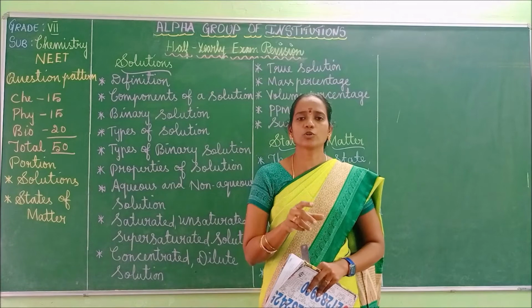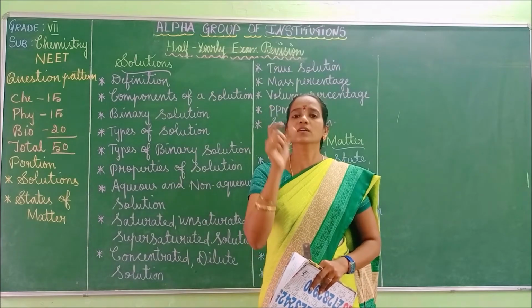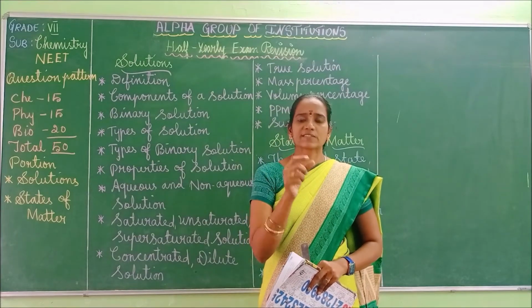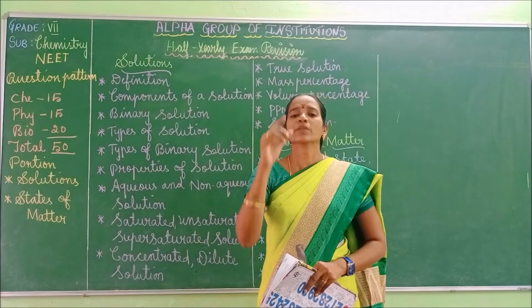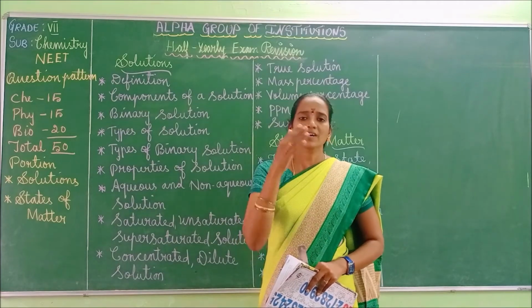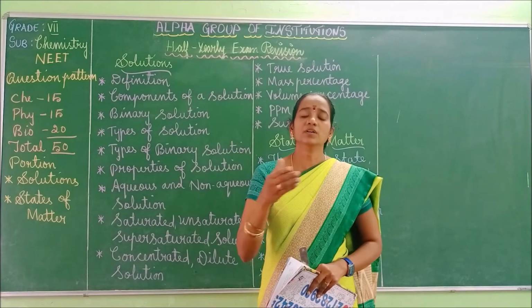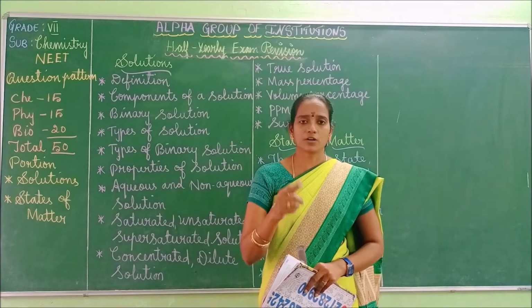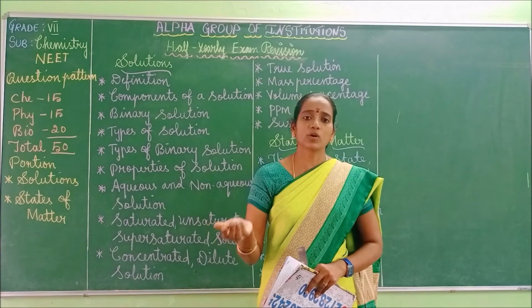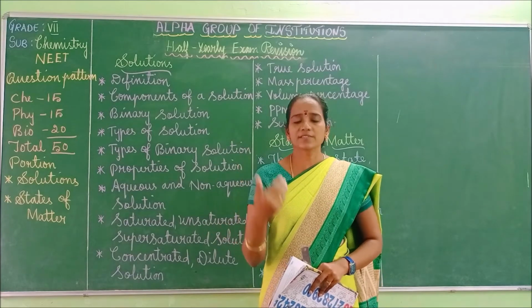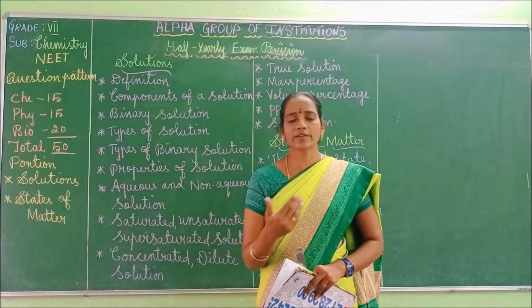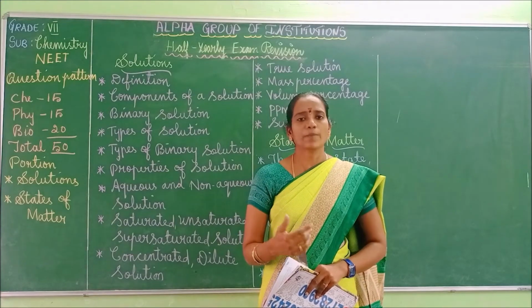First, you mention the subject name. Whether it is physics, mention the subject and draw a tabular column. In the first column, mention the serial number. In the second column, mention the options. And in the third, write the answer. In the same manner, you have to follow for chemistry as well as biology.